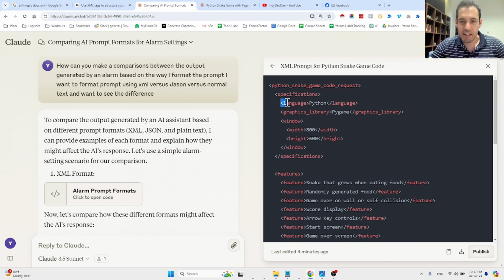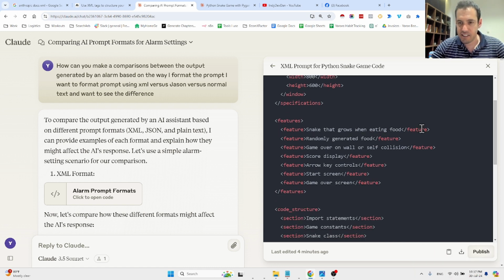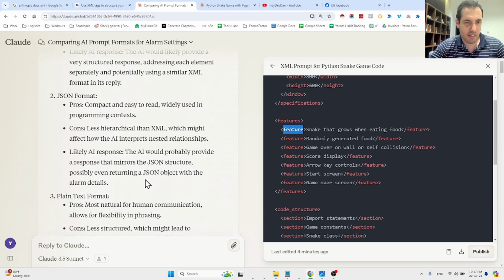Then we have, this is a request, an XML prompt for Python snake game. So I basically said the language should be Python, the graphic library should be Pygame. Here I'm closing the tag of which graphic library I want. This is the window size, the width and the height. Then there's a list of features. As you can see, all features are listed over here. So this is the features opening tag, features closing tag, and then each feature has an opening and a closing tag. If I wanted to create a JSON, it would have looked,